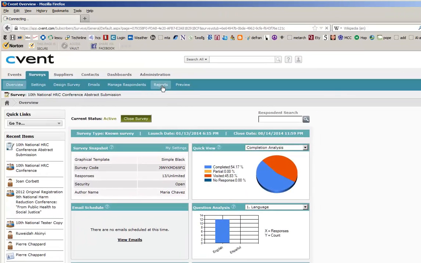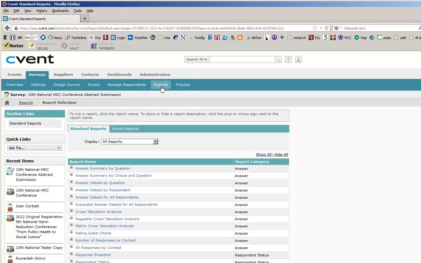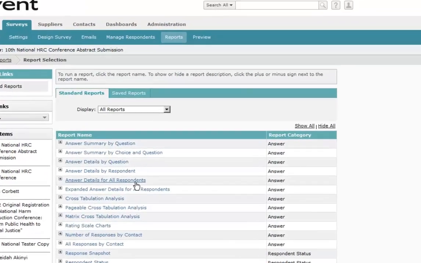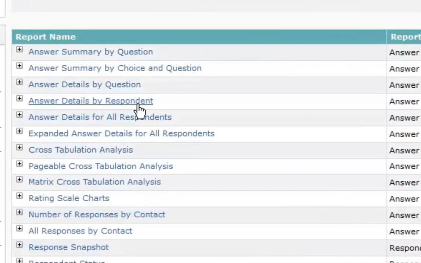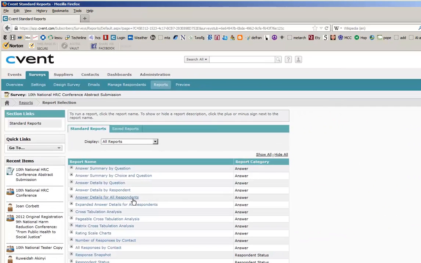Now I click on Reports next. And under Reports, I go to Answer Details for all respondents. See how there's Answer Details by respondent? I don't want that. I want Answer Details for all respondents. And I also don't want Expanded Answer Detail for all respondents. I just want plain Answer Details for all respondents. So it's the one in the middle there, right? I click on it,